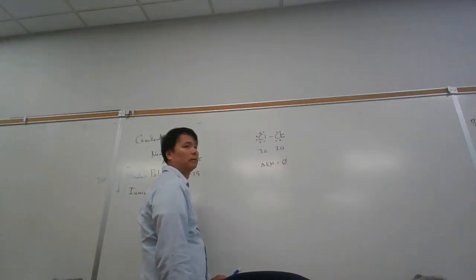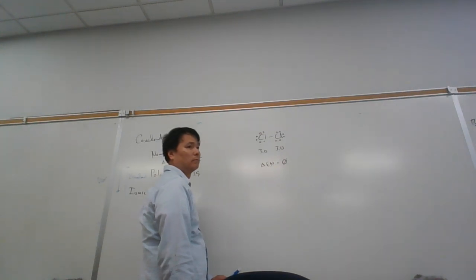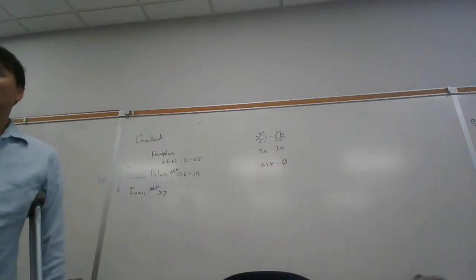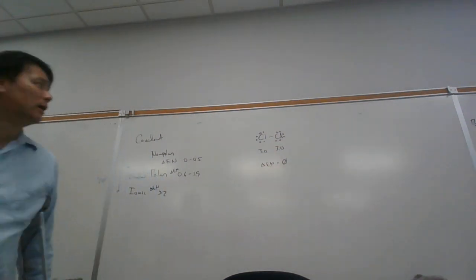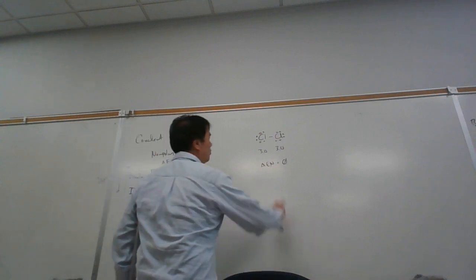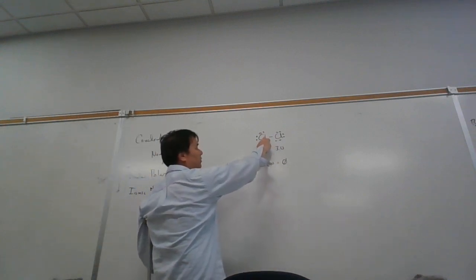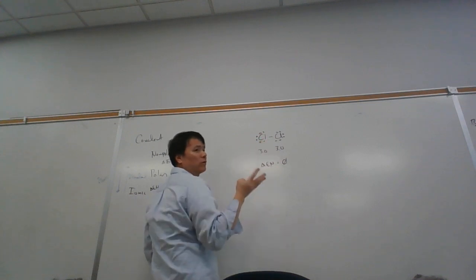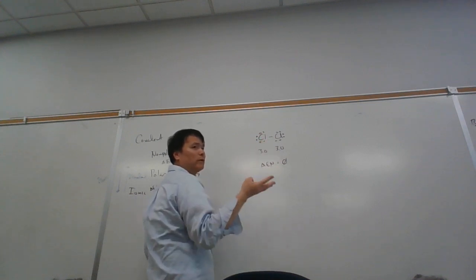SP1? Okay. Anybody else? SP3. Yeah, you don't go off the number of bonds. Go off the number of groups of electrons. We have 3 lone pairs plus 1 bond, so it's 4 groups. 4 groups is going to require 4 orbitals. 4 orbitals would be